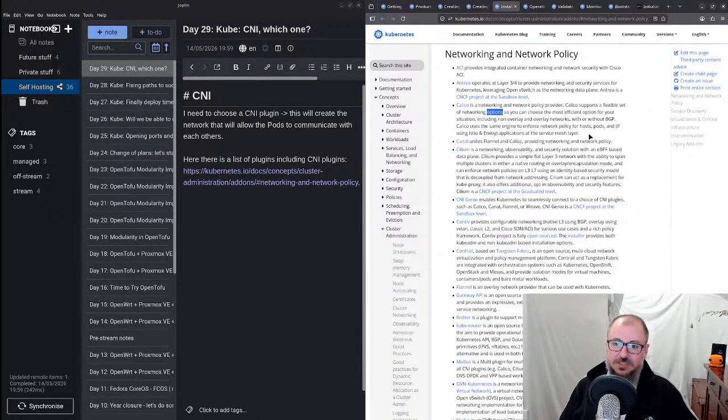Anyways, Cilium is a networking, observability, and security solution with an eBPF-based data plane. This part is freaking cool. I read a little bit about eBPF and how it was created. It's mind-blowing,